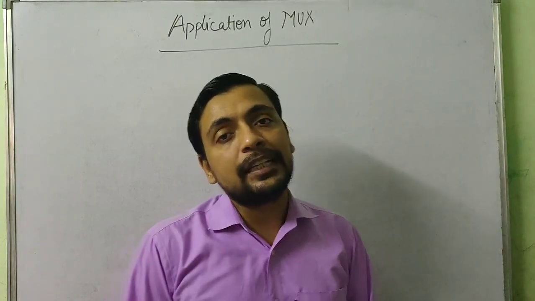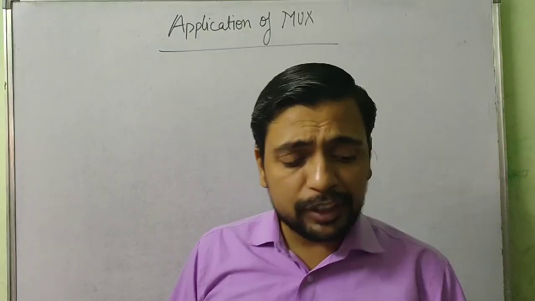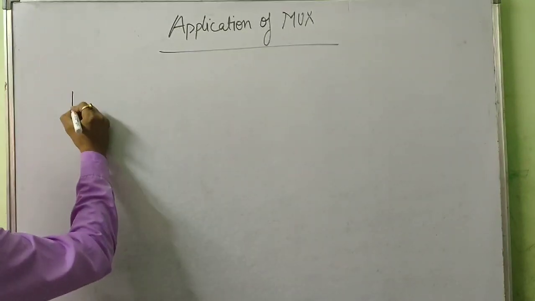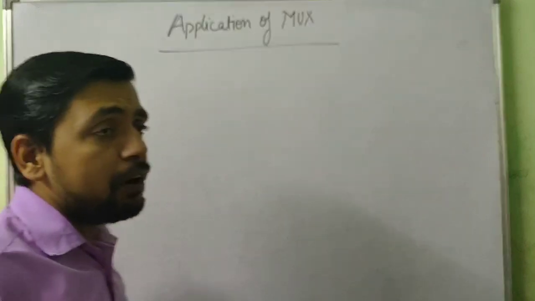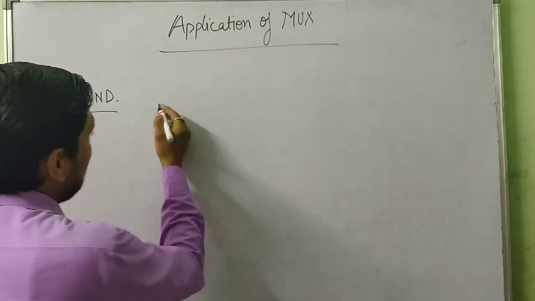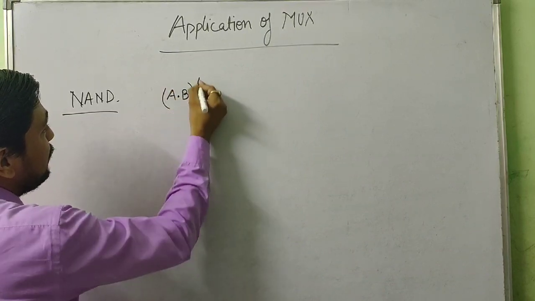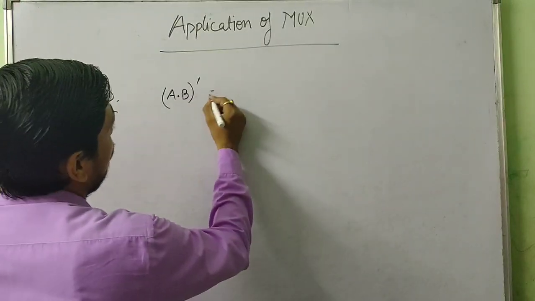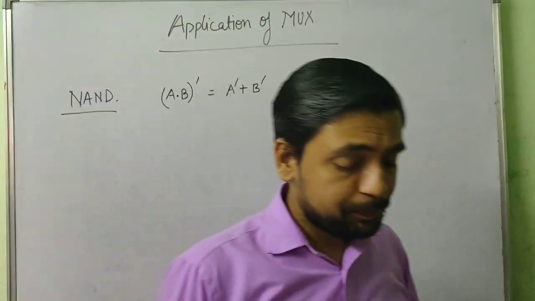The next topic that we are going to start today is universal gates. We will work with two universal gates, that is NAND gate and NOR gate. We know NAND is a combination of AND and NOT. And what is the general output of a NAND gate? If the inputs are A and B, then a NAND gate will give you (A and B) whole complement, or you can say A complement or B complement. This is what you are going to get.